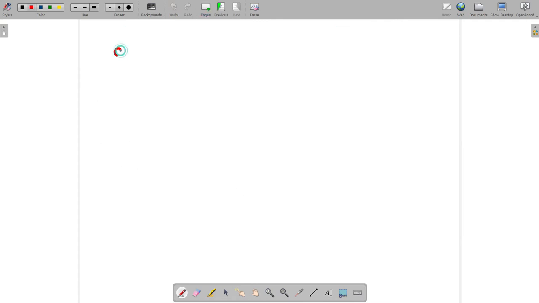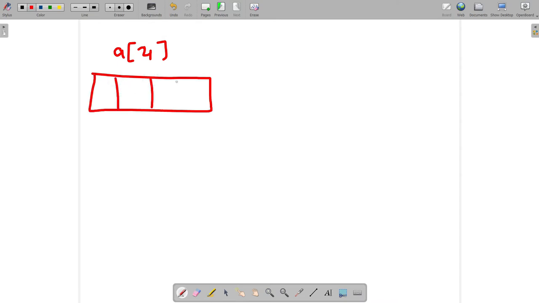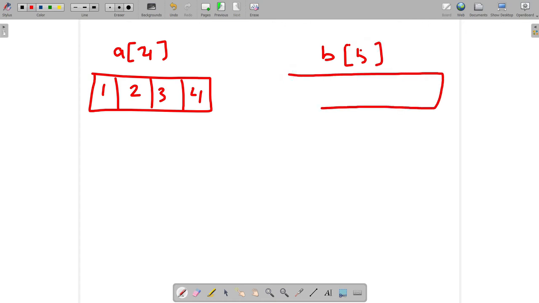For example, now here I have another array A which is in ascending order, let's say 1, 2, 3, 4, and I have another array B which is also sorted in ascending order, let's say 11, 21, 32 and 41.